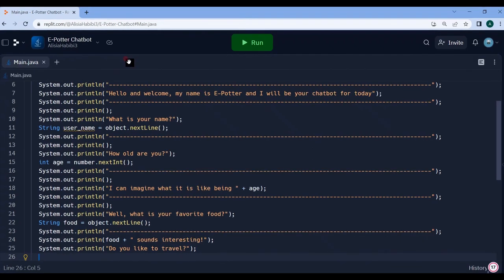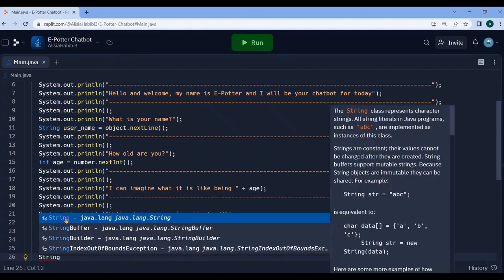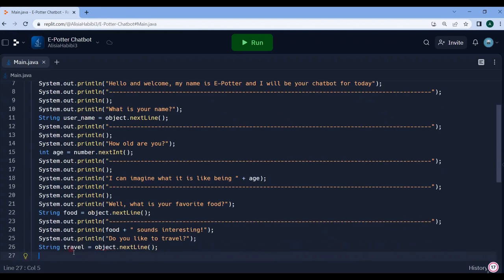We're going to be declaring a variable that's going to be storing the user's response to the question of do you travel. We're going to have the data type as String as usual, because they're going to give text-like information as input. So String, and then I'm just going to call it travel, and that's equal to the correct scanner object, object.nextLine. And then ePotter is going to be responding back with the general comment saying, okay, you should visit Morocco